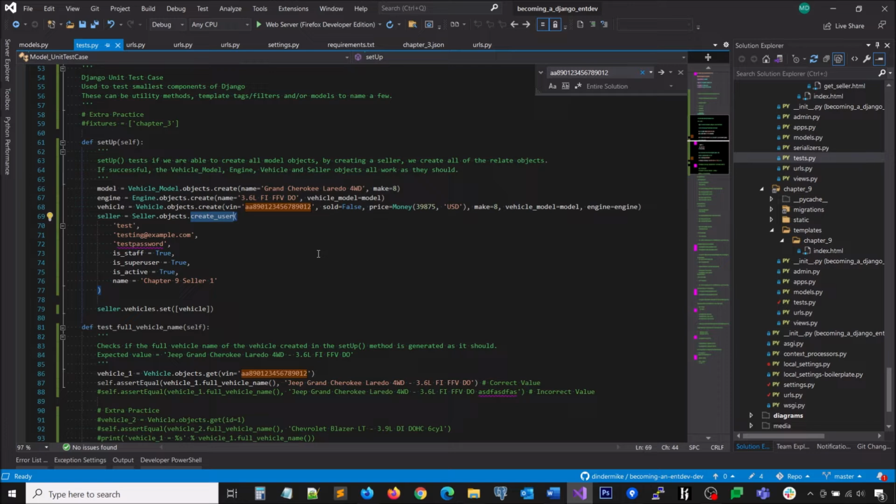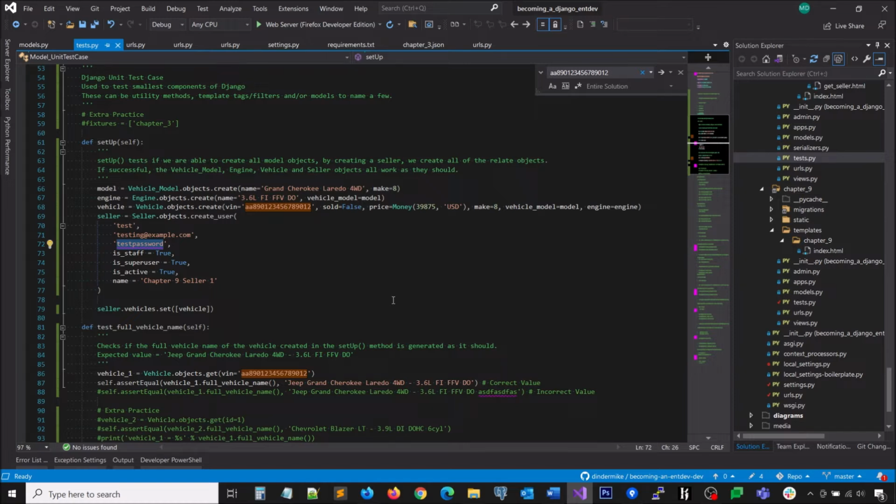Since we're extending the Django user model as our chapter 3 seller model, that's why we can access this create user method. And this is important because what this will actually do is hash the password that you're